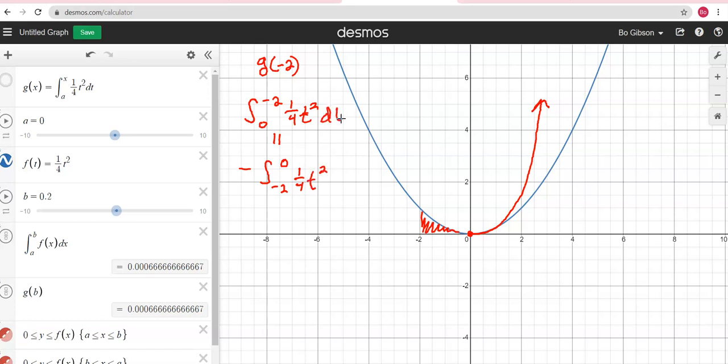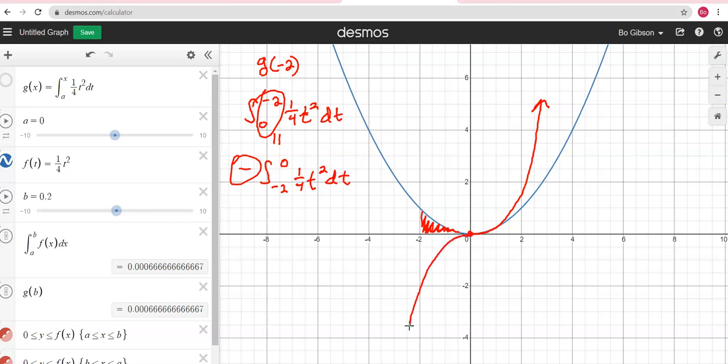I forgot my dt's. And we know from negative 2 to 0, that's going to be a positive area. And so the negative of that is going to be a negative area. So basically what I'm trying to say is, even though the area is pretty symmetric on the right and left side of the y-axis, because of this property of definite integrals and the way that our bounds are going to be oriented on the negative side, we're basically going to see a reflection over the x-axis, and we're going to